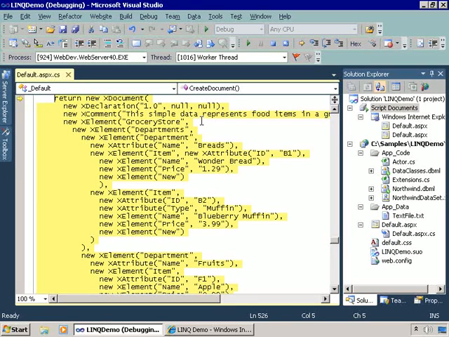Now in C#, this is the only way to do it, at least the only reasonable way to do it. In Visual Basic, you can use embedded XML to make this much easier. But in C#, this is the easiest way to create XML content. We start out by returning a new XDocument object. This object is new in Visual Studio 2008 and allows us to embed in a hierarchy the actual content